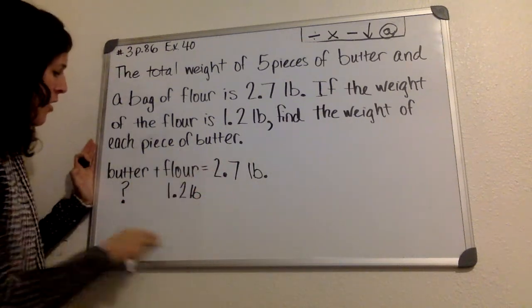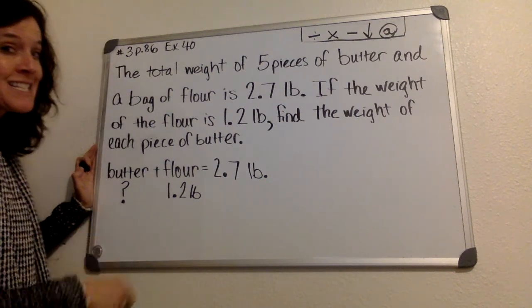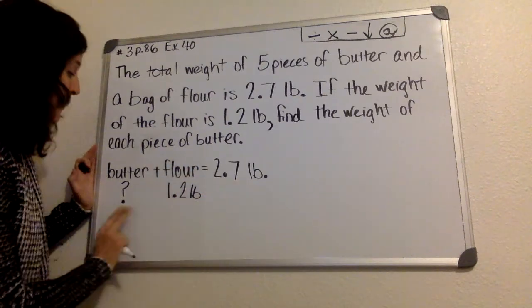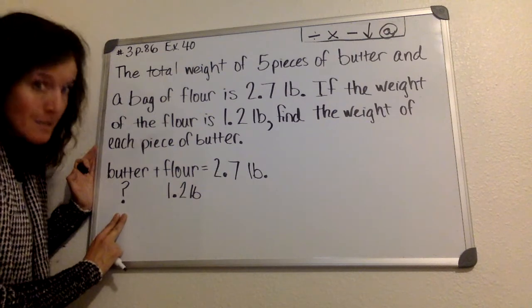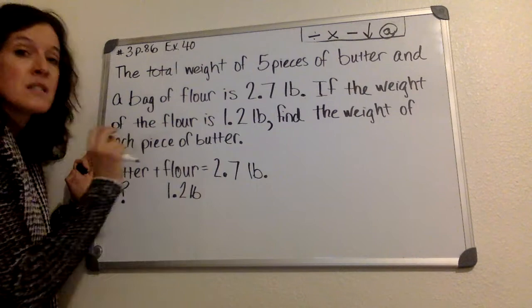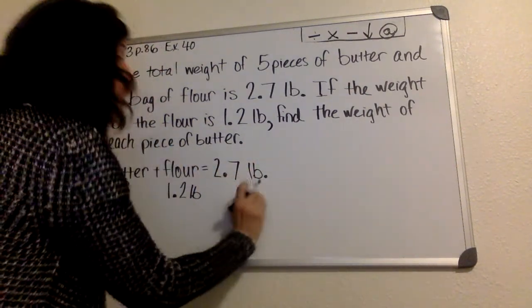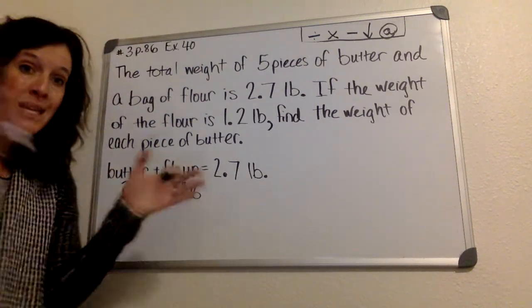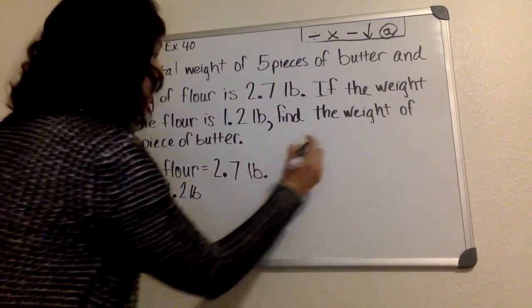How do I find out what one of my small numbers is? I always like to say small because that helps me remember that to find out what one of my small numbers is, I have to subtract. So to find a small number, you always subtract. When you subtract, you always start with the big number. You can never put a small number at the beginning of your subtraction problem. So we've got our big number,